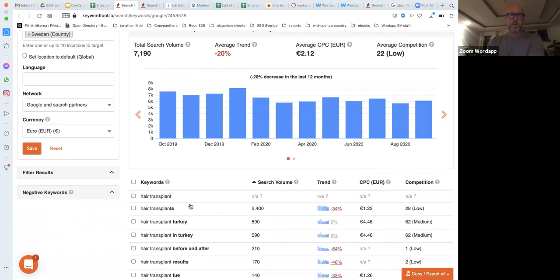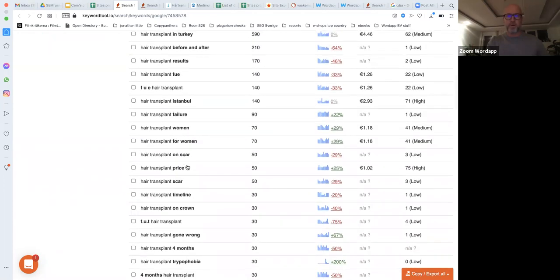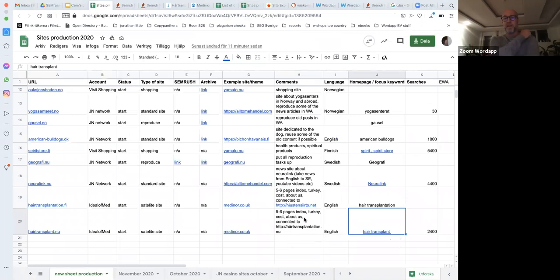Okay, let's say it's hair transplants, and then hair transplant Turkey should be one page. Before and after Turkey, we include that in Istanbul, so that's one page. Price and cost should obviously be one page. So we will create, I would say, 5-6 pages in English,